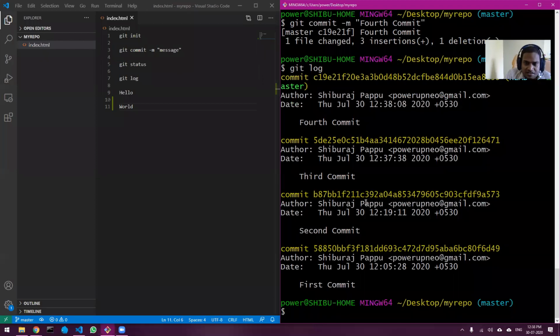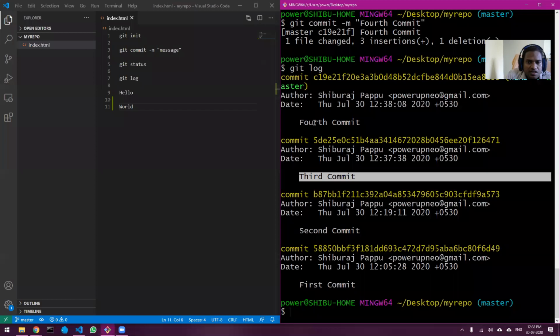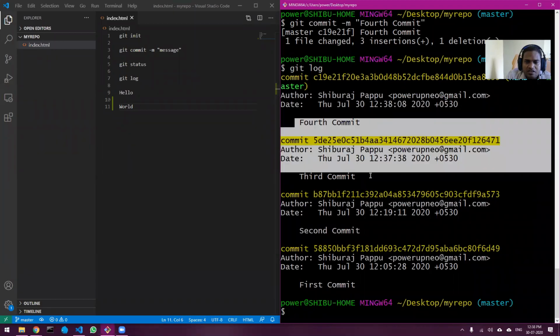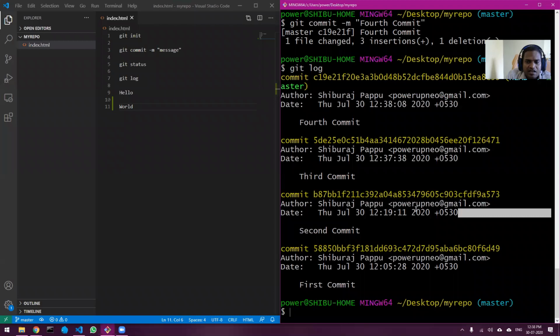after doing all these things, I realized something has gone wrong, and the 4th commit and the 3rd commit are incorrect. Okay. And my code is completely wrong. There is some major bug. I don't want to use it. So how to go back? Now, selective going back we will see later, but now I'm going to show you how to go back from the 4th commit directly to the 2nd commit. I want to delete all these commits. I don't want them in my repo because they are incorrect. Okay. And